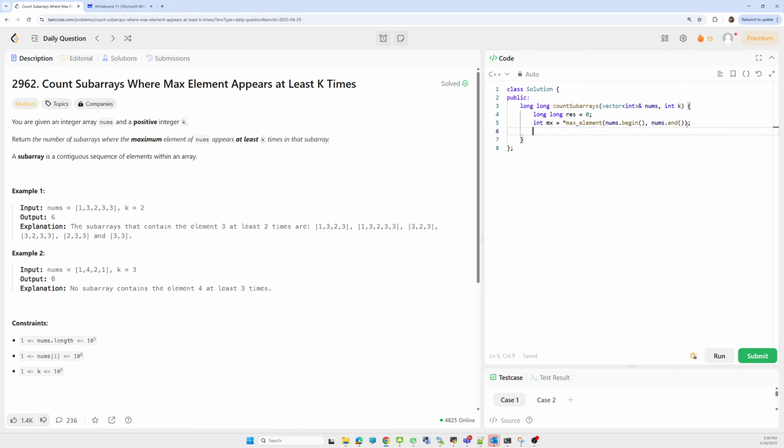Then we take one pointer, left, which is initialized to 0, and count is the frequency of max element in each subarray.